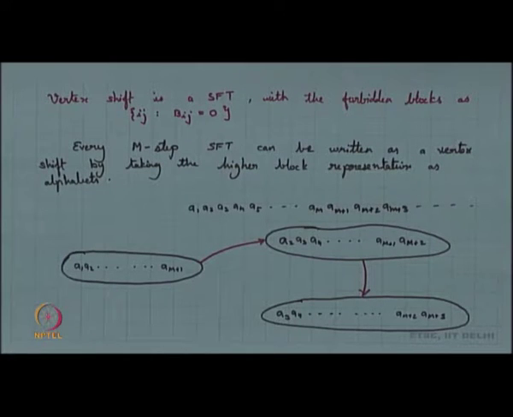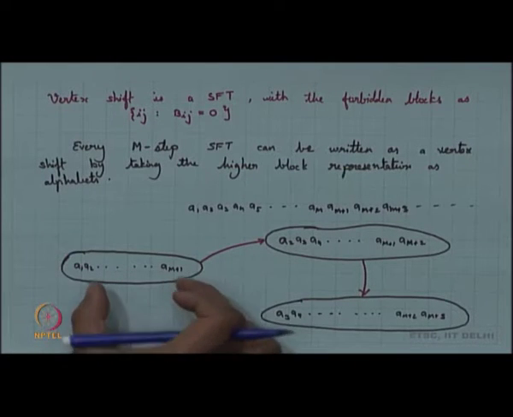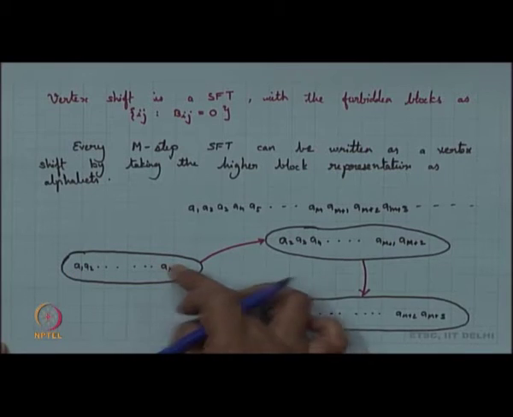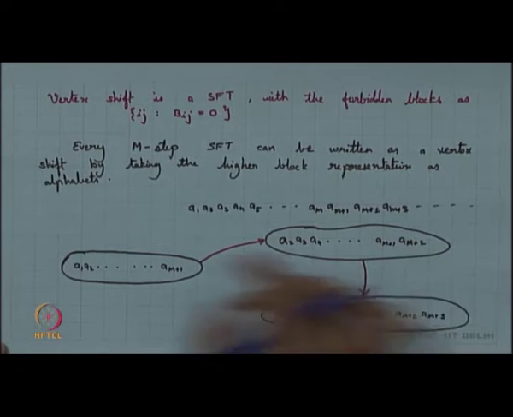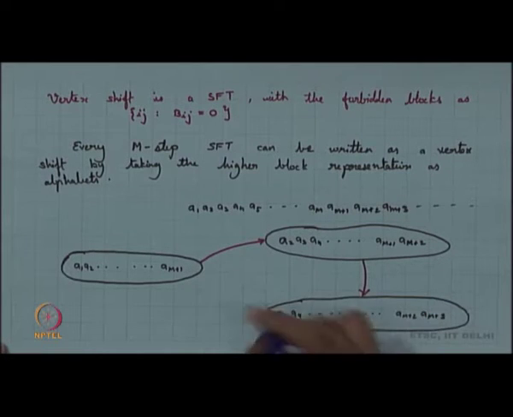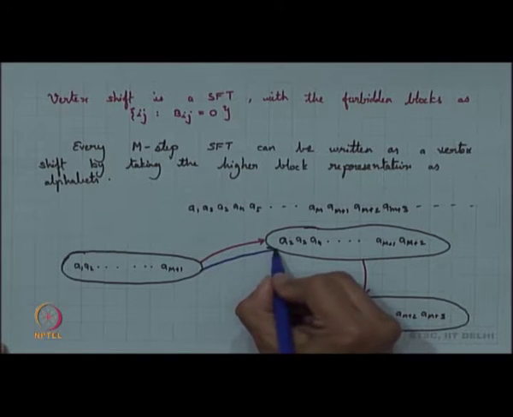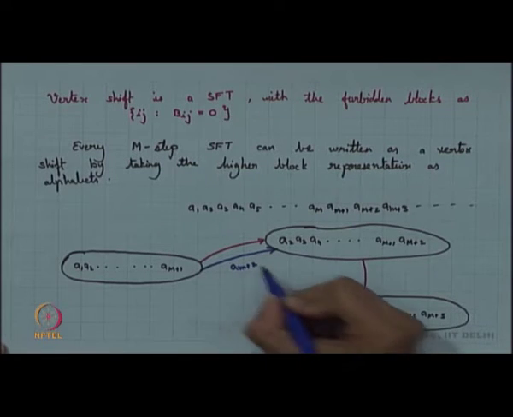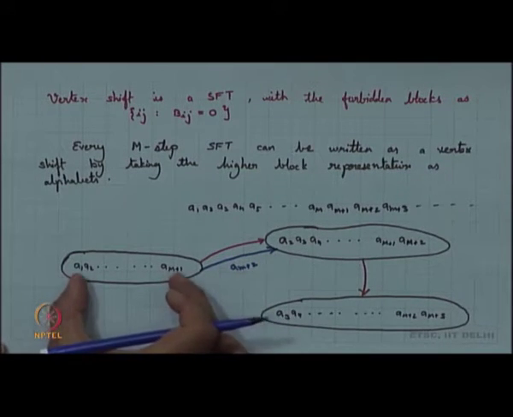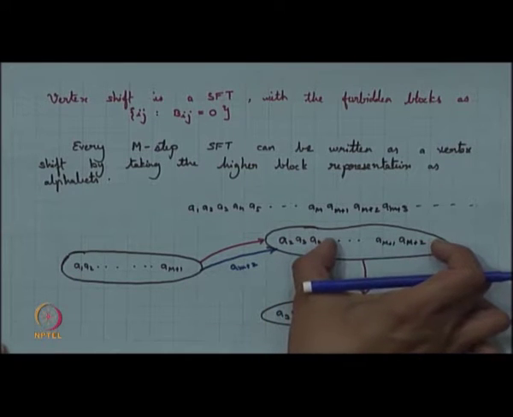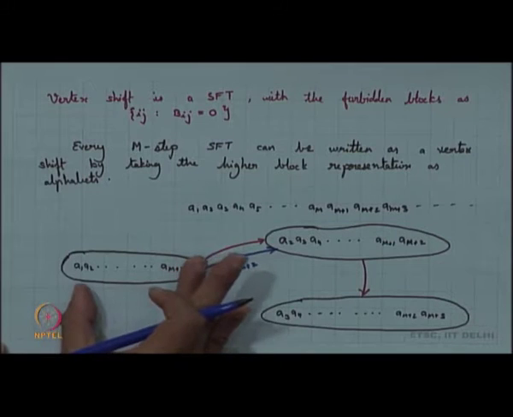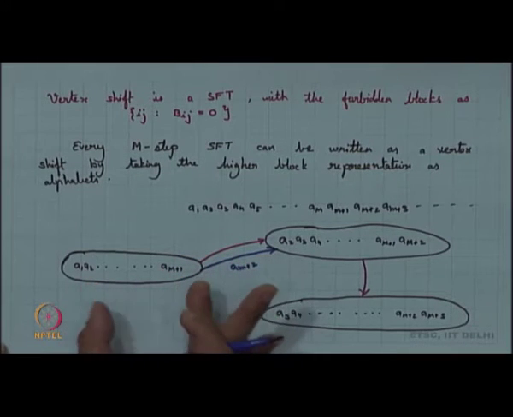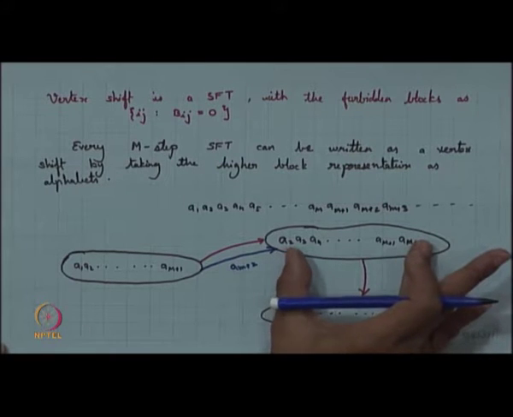How do you think of this as an edge shift? So, supposing I have taken these as my vertices, then you want to draw edges and your edges should be labeled also. So, what you try to draw here is, between this and this, this combined with a_{m+2} happens to be a permissible block. So, you draw an edge here and you call this edge a_{m+2}. So, you have this factor a_{m+2} takes you to this particular factor. Then you are removing the first part, you are just retaining the last m+1. So, last m+1, this brings you here.